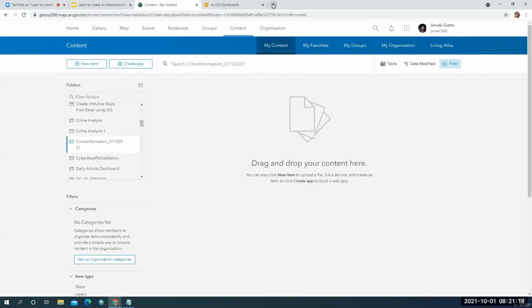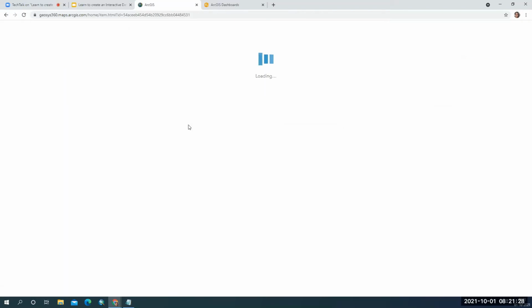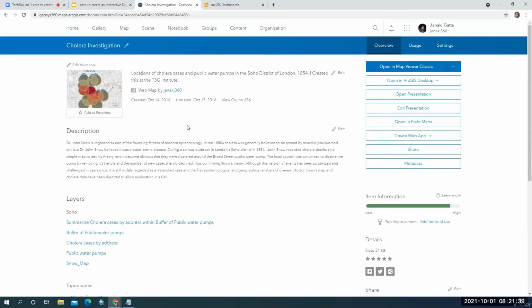The third way is, let us suppose I have a map. I'm just taking some map, and I wanted to open a web map. Can you see here?